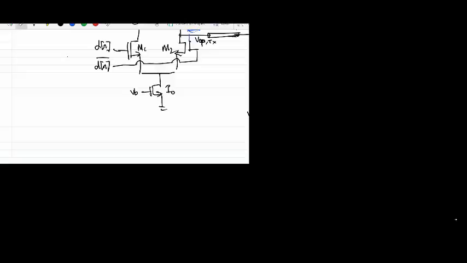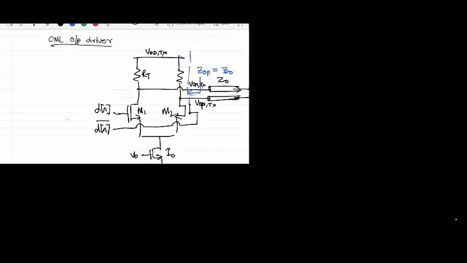Okay, so V out peak to peak is equal to I naught into RT. This is the swing, the peak to peak differential output swing. Now, the thing you need to take care of in this particular architecture is that I have assumed VDD TX is equal to VDD RX. It's an assumption that the VDD on the two sides are the same, which is not easy to make, and so this will have its own effects.